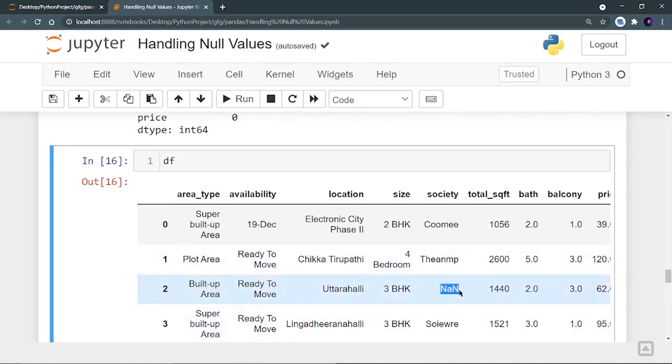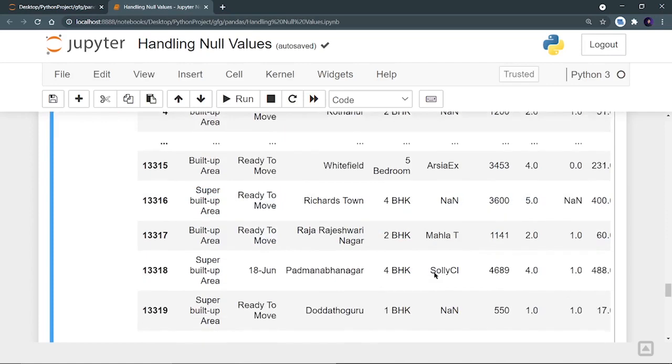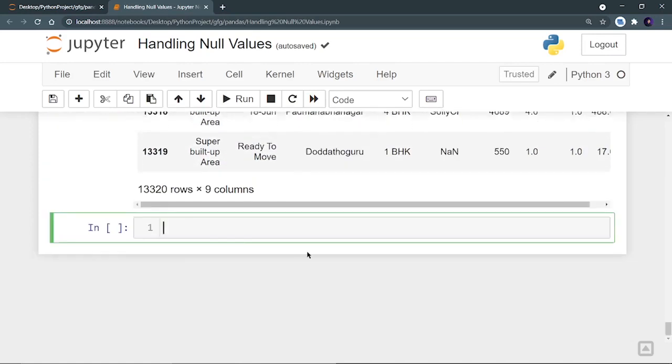But now I want to fill this null value with a previous value but column wise. Or the second method will be filling this null value with the coming value column wise, right? So let's see how we can do it. We don't have to do something unique. We just have to define fillna only.